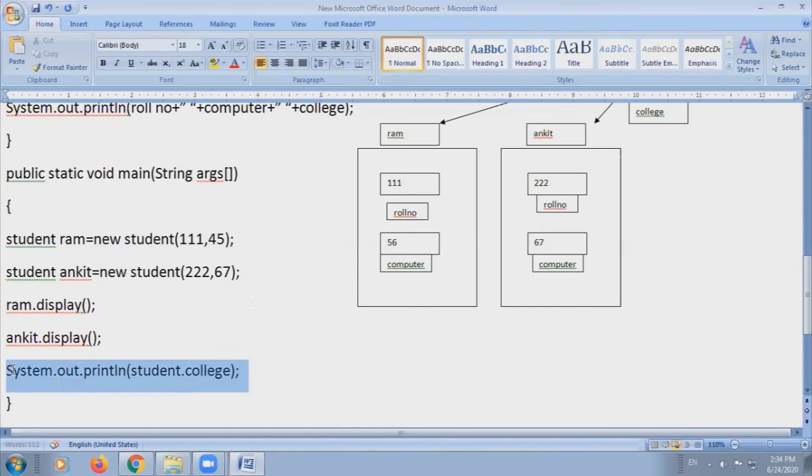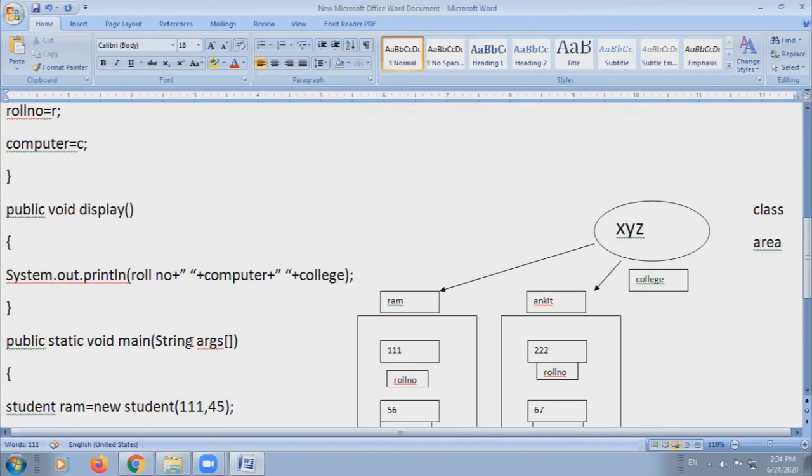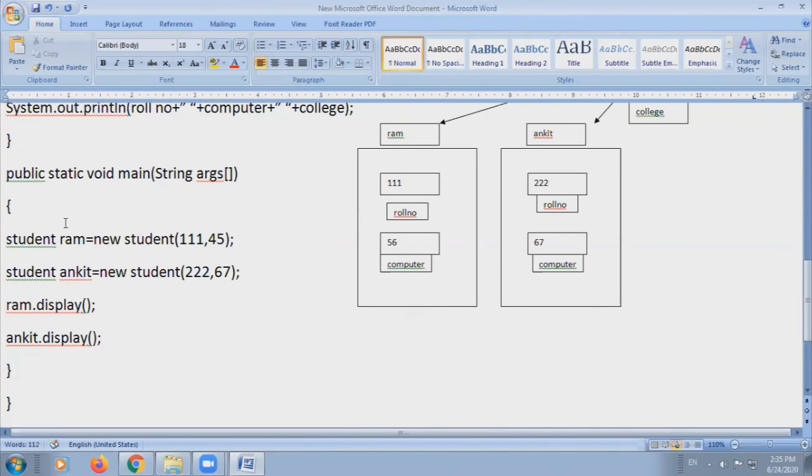Suppose I have made this display function static. What happens if this display function is static? Then these two statements become wrong in Java. Why does this become wrong?